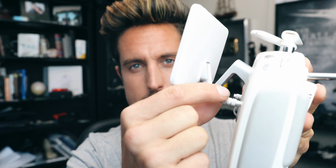Tip 3, super easy, don't use auto flight modes. All of the modes that orbit something and keep it in the center and all that, by using auto flight modes, it might help you in the beginning, but you're actually robbing yourself of being able to achieve those same results yourself. Instead of holding the sticks of a drone controller, I use the sides of my fat thumbs